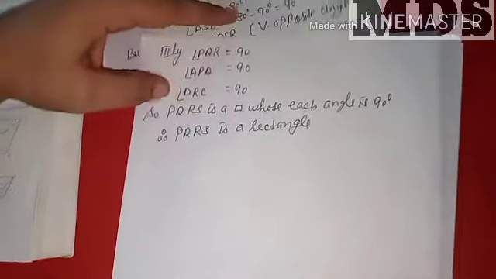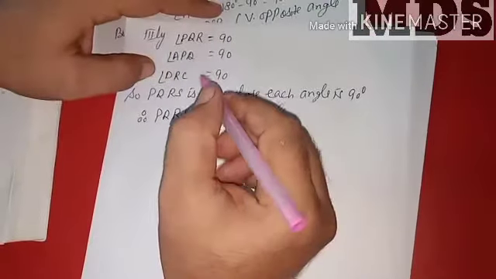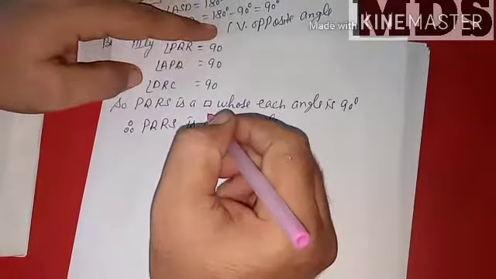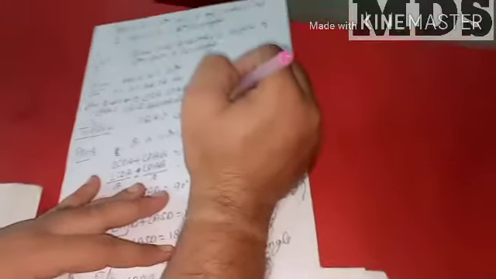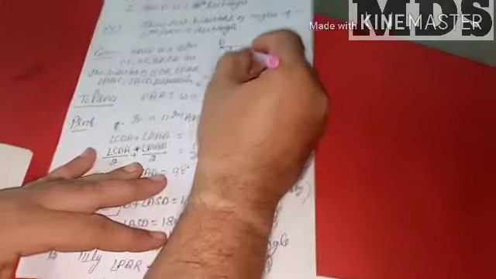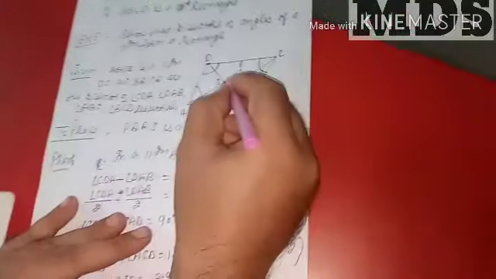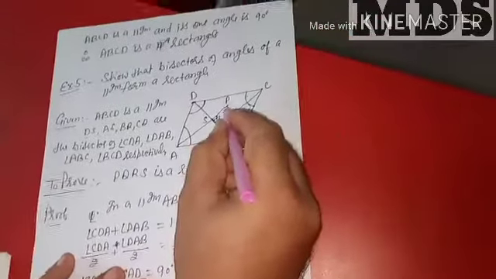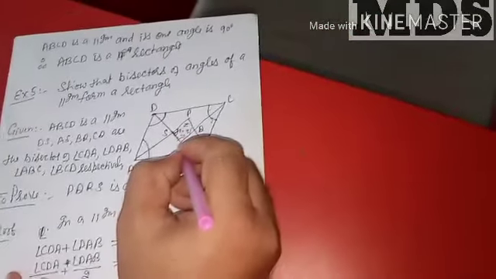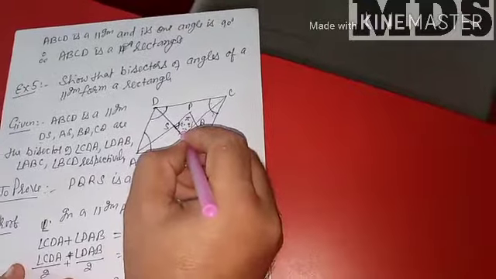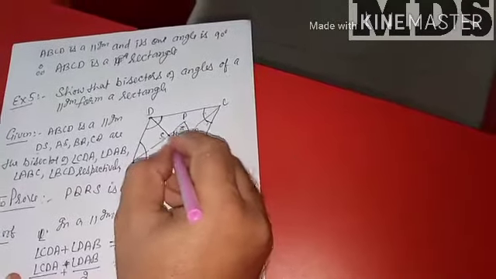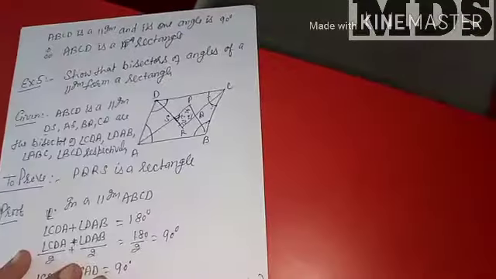Or otherwise you can say both pairs of opposite sides are what? Parallel and equal, because each angle is 90 degrees. This angle 90 degrees, so this also 90, this also 90, this also 90. So the sum of this angle plus this angle is 180 degrees. So this is a transversal. If this plus this is 90, it means this is parallel to this. Again this plus this was 180, so this is a transversal, this parallel to this. So you can say it like this also.